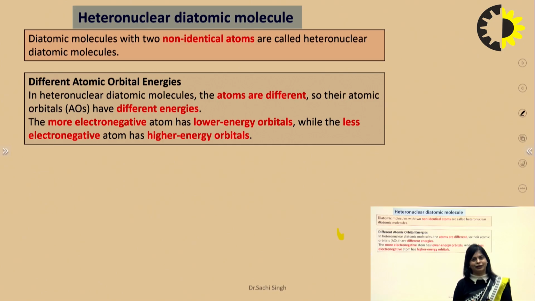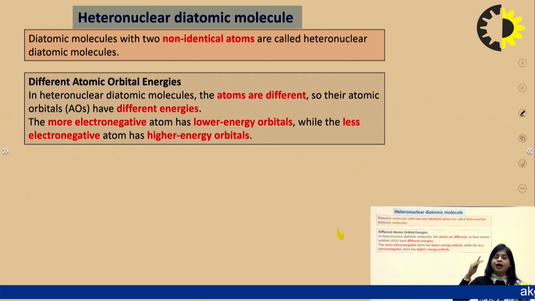lecture number 1. And the less electronegative atom is less attracted to the electrons. If it is less attracted to the electron, it is less stable. If it is less stable, it is higher in energy. And if it is higher in energy, it is close to the antibonding molecular orbitals. That is the basic difference between homo and hetero: the configuration is the same, but when we draw the diagram, the atomic orbitals of both atoms are not at the same level; they differ depending upon the